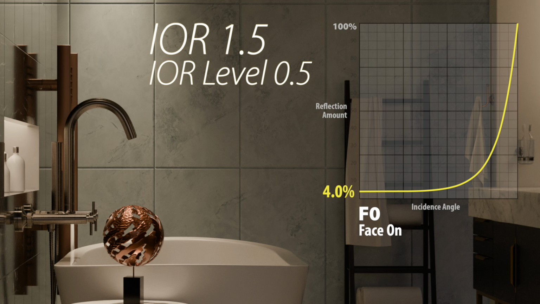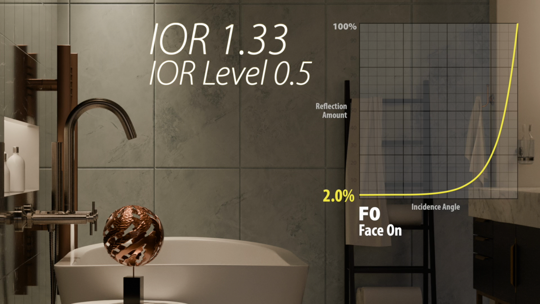What if we want a bit less overall reflectivity? Let's say we're in a very brightly lit scene and we'd like the reflectivity of an object to be less, by maybe half. If you're using the index of refraction, you'd need to set that to 1.33 to get 2% reflectivity at F0, meaning the low glancing angle parts of your object. Well, that's not super intuitive until you learn it. Of course, you could always just eyeball the change by sequentially lowering the value until you get what you want,